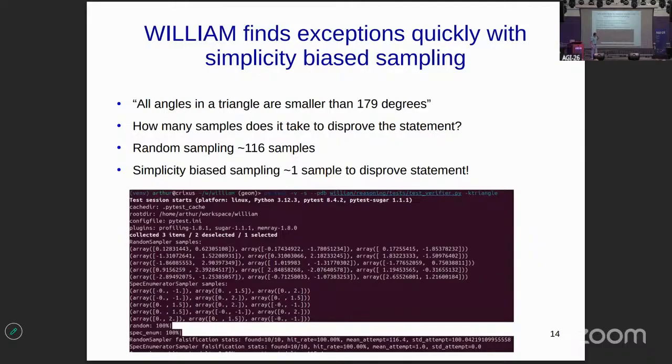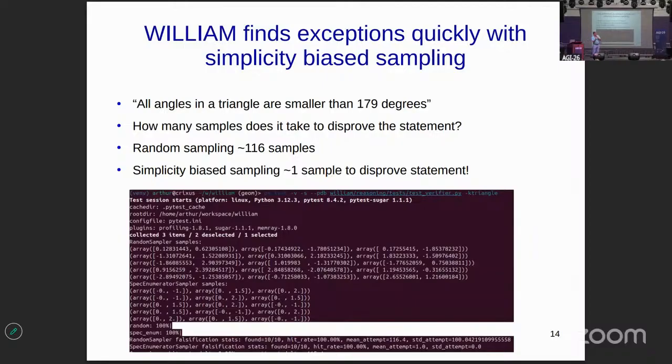But if you sample the triangle points, the coordinates, in a simplicity-biased way, that means instead of picking random numbers, you pick simple numbers, where, for example, all three x values are 0. That is a simple thing. You don't need much description because all three x values are the same.